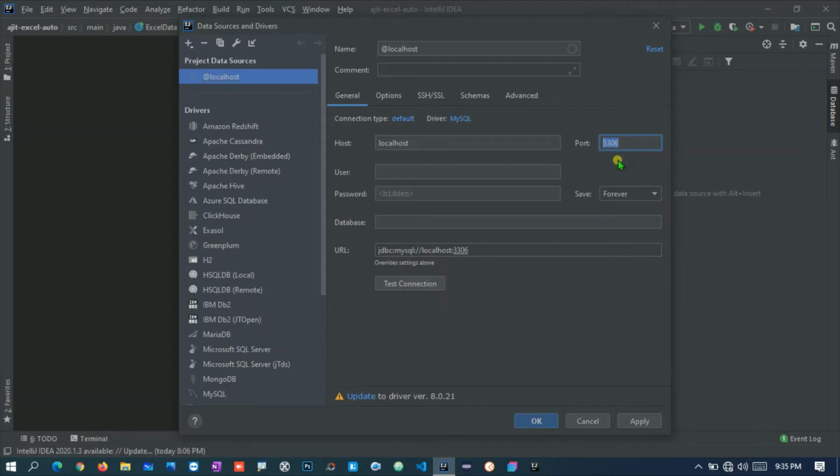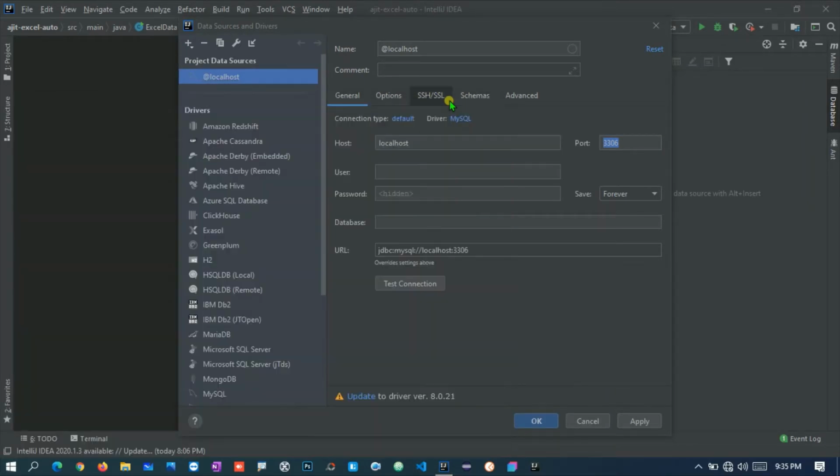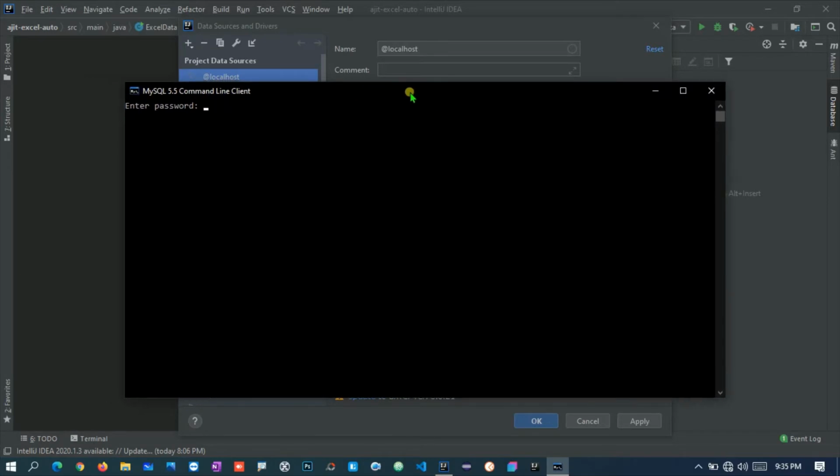If you don't know how to check the port number on which your MySQL database is installed, let me show you how we can check that as well. Let me open my MySQL client command line and show you one command.